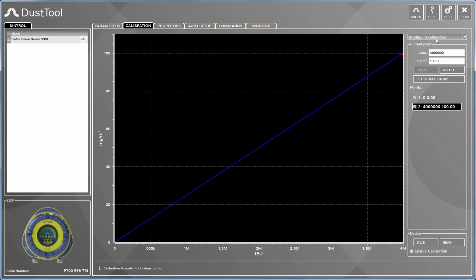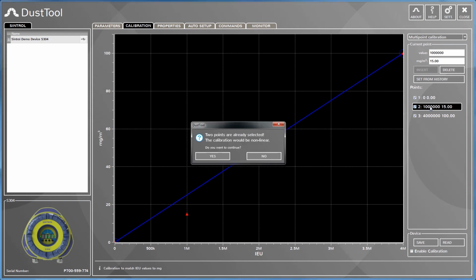Now, as the header already says, it's a multi-point calibration. That means we have the possibility to insert multiple points. Let's do that. Let's say here we have now 4 million. Let's say we put in a third point where we say 1 million equals 15 milligram per cubic meter. We insert that point, we activate the point,